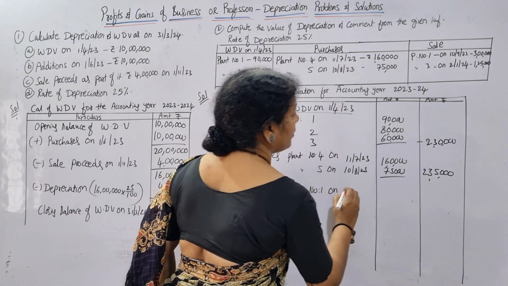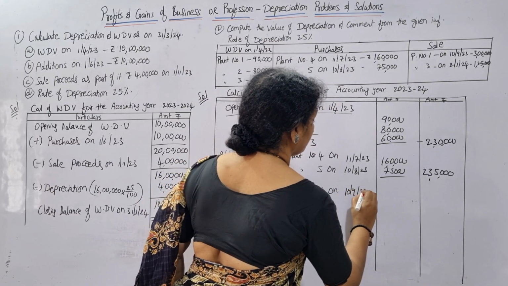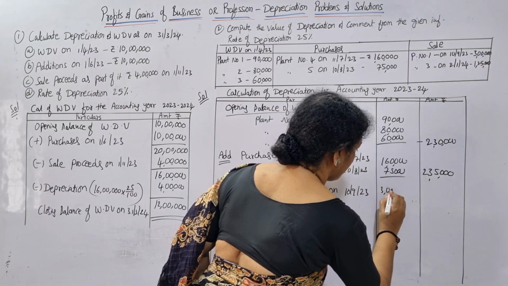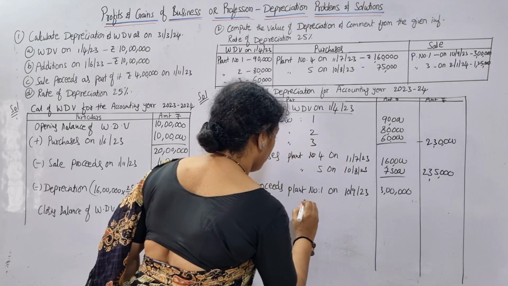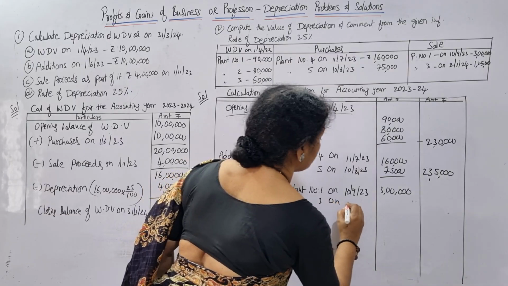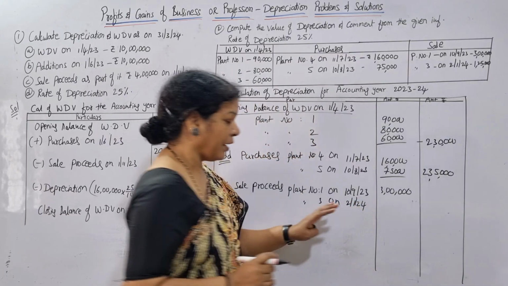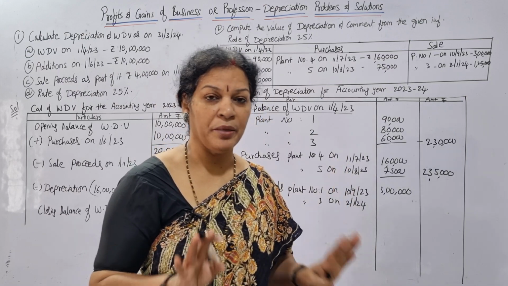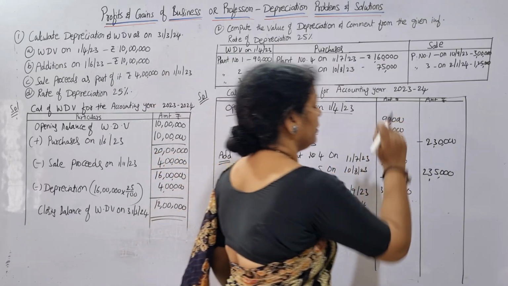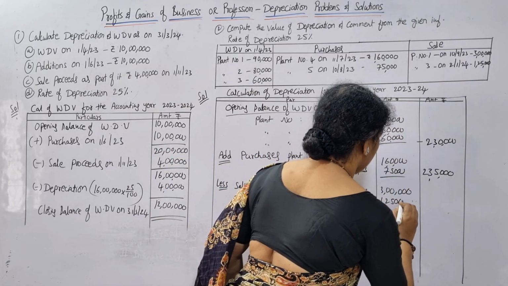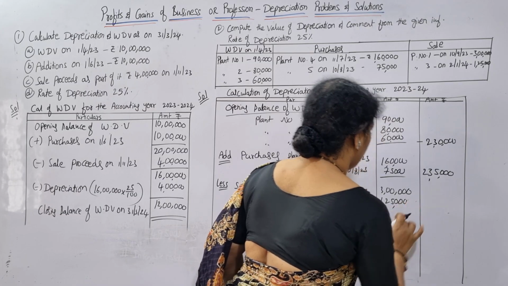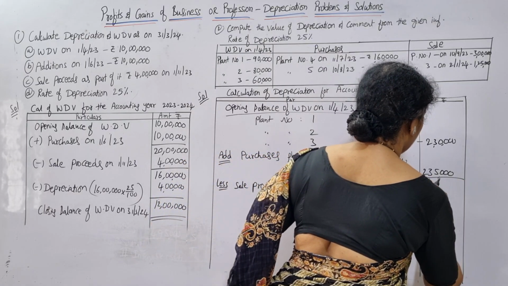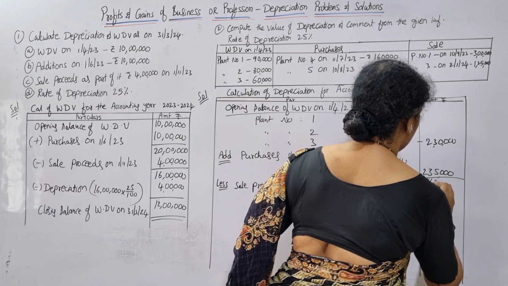on 10/9/23. It is 3 lakh. In the same way, plant number 3 on 2/1/24. At what date they are selling, at what date they are purchasing, it is not going to make any matter. Simply you will write that. Okay, this is 1,25,000. It's 4,25,000. First we have to add, we'll add it here, 4,65,000